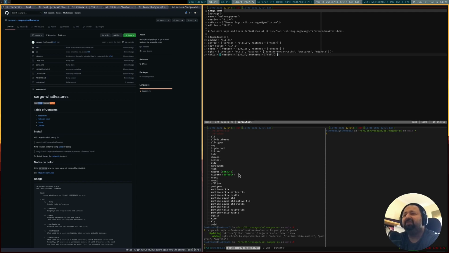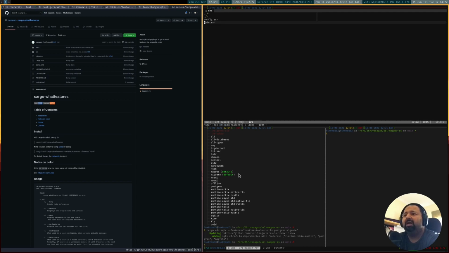So now that we have this, we will start working on creating our database module. In our database module, what I would like to do is create a wrapper struct that I will use to hold some of the important information. In this case, we will hold our Postgres pool. So this is a connection pool, right? We will hold a connection pool and hold the reference to that, and we will gradually build upon this.